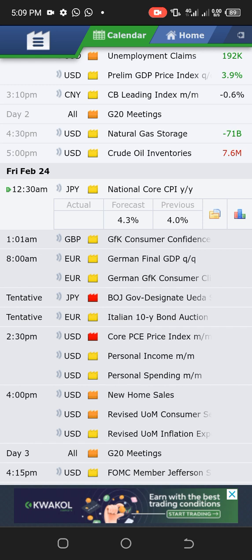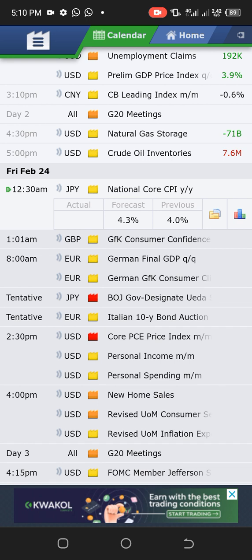The actual will only come out exactly at the time stipulated on this site. That's the time it will be out. It's not like an exam question, oh, it being leaked or whatsoever. No, it will be out exactly at the time it is written on the site. Exactly the time written on the site, that's the time the actual will be out.